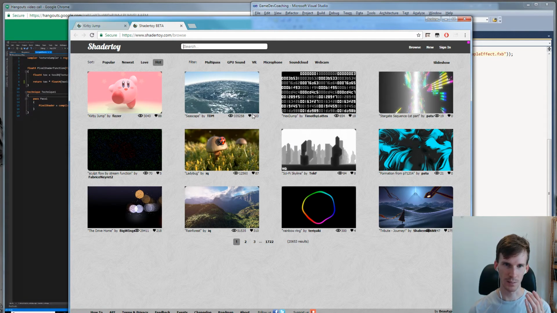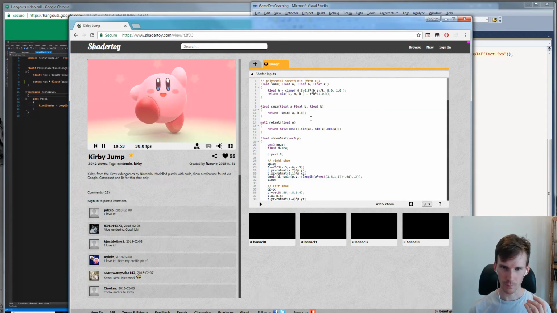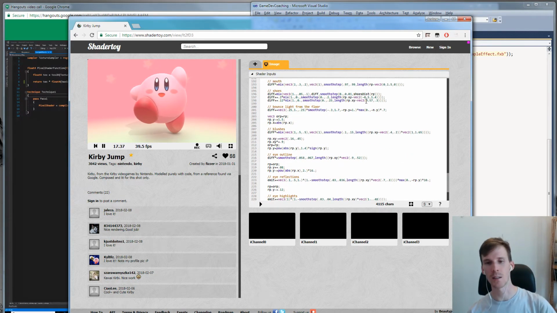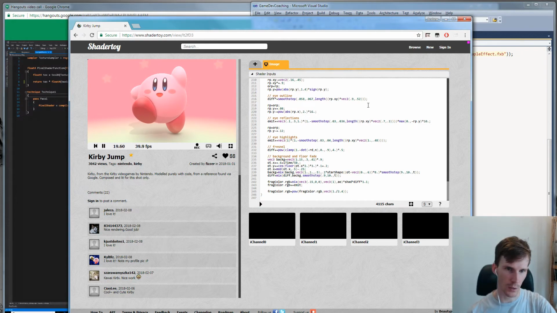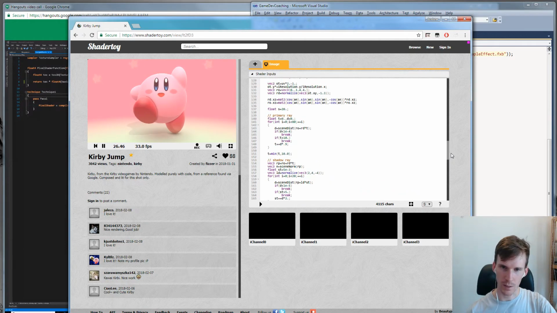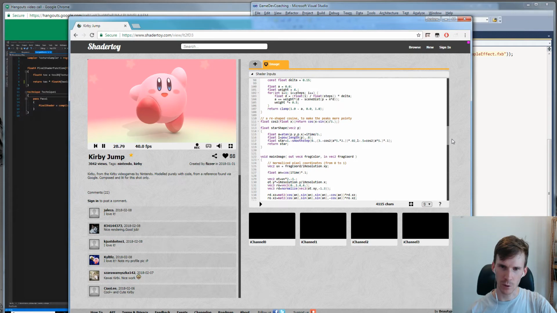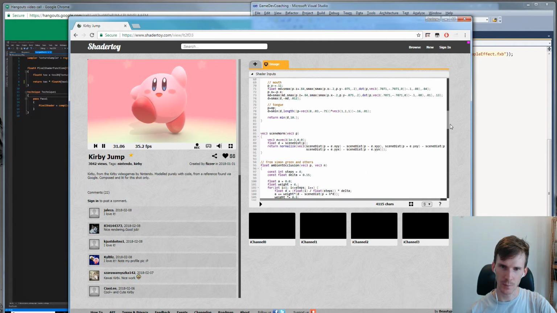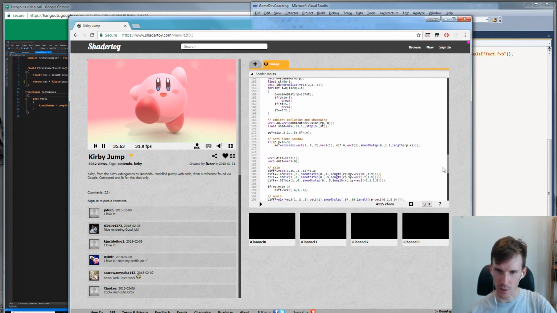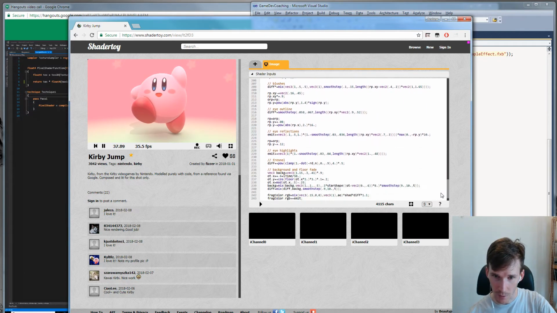So there's obviously this Kirby here, which is made up of a lot of probably spheres. I haven't actually read the code here, but I'm just scrolling through it so you get an idea of, you know, there's actually not that much code there in order to draw this image that you see here. So someone's very carefully gone through and placed all of the circles and the gradients and so on to make this shape. So it's just an advanced version of exactly what we've been doing. So it's quite a powerful technique and you can take it very far.